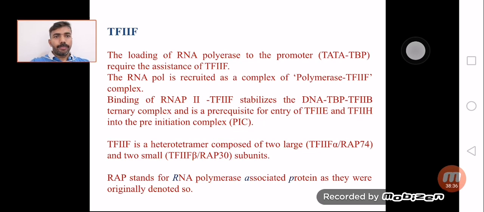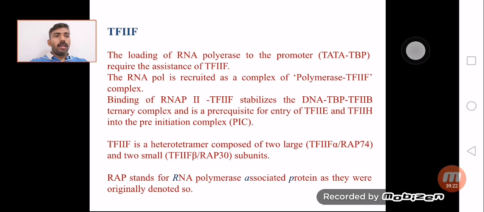Then TFIIF. Usually this factor comes along with the RNA polymerase enzyme, because the RNA polymerase alone cannot be stabilized or form a stable complex in the promoter region. So TFIIF is important as it is required for the polymerase to be recruited to the promoter region. And binding of this RNA Pol to the TFIIF complex stabilizes this entire ternary complex. That means now there will be the DNA, TATA binding protein, TFIIB complex, the TAFs will be there, and now the incoming RNA Pol II and